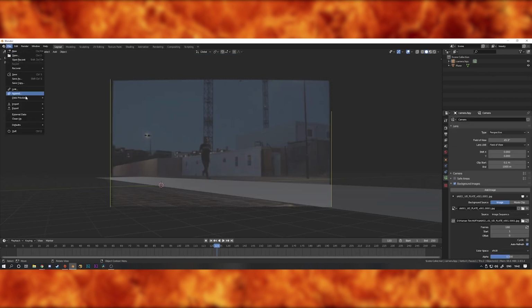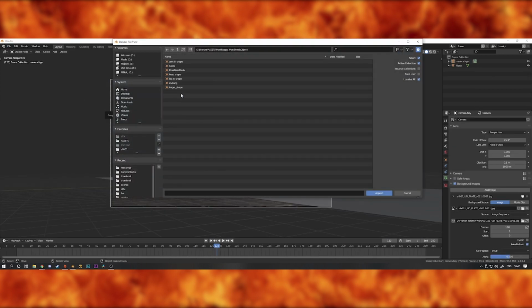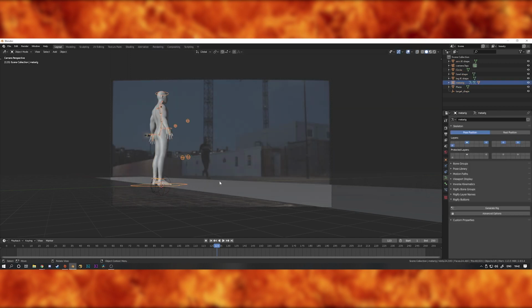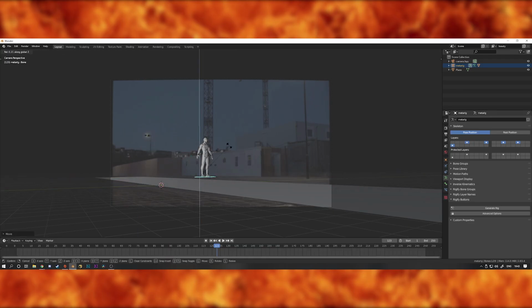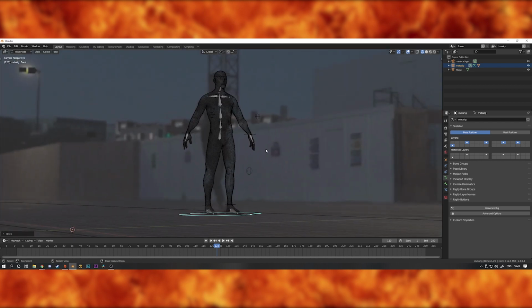Next step, bring in a 3D model of a person. I've made one that's fully rigged so that I can use it in all of my videos because I find myself doing this fairly often now. It's a good idea to make it as tall as the actual person in the shot. And now you know because the object is the correct size and the camera's in the correct place, you can just move it backwards and forwards in 3D space, and once it lines up with your background footage, you know